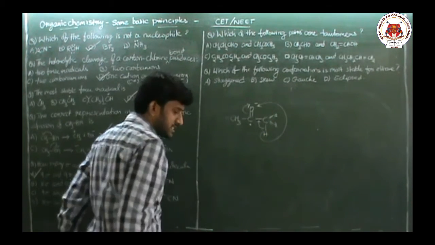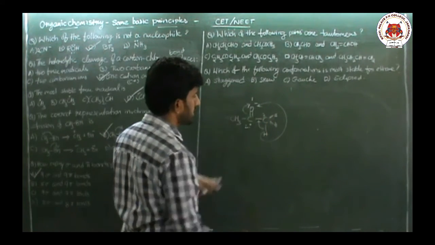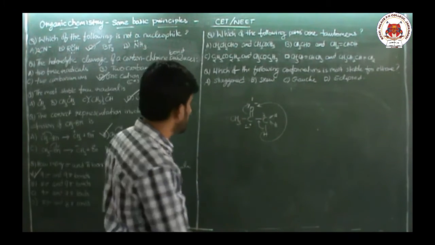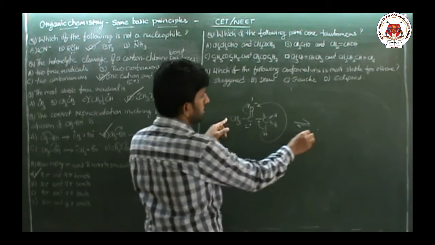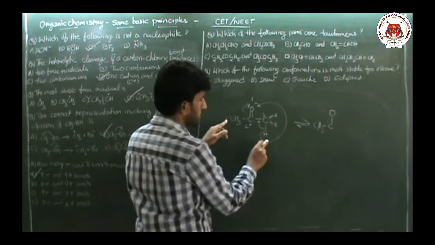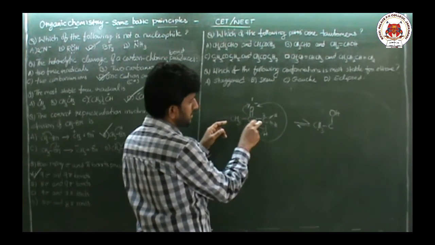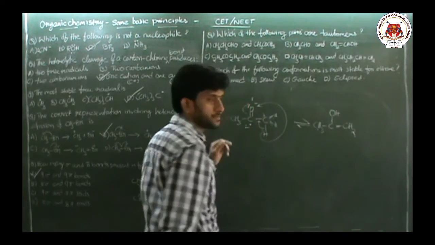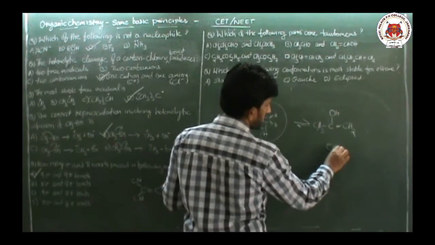So this is 1, this is 2, this is 3, three positions. A 1,3 shifting of a proton will make tautomerism. Now the molecule changes like this: CH3, C, here O, and that O attaches to 1 hydrogen. Now this bond pair shifted here means 1 double bond here, and this is CH. So this is the ketone form, and this is the enol form.